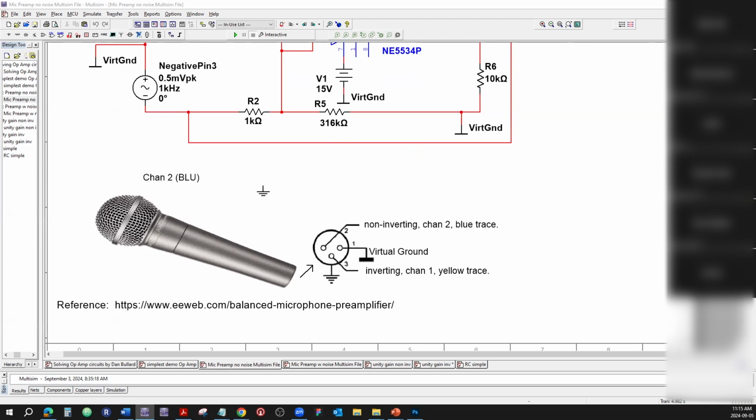The reason they have 3 prongs is, one is the so-called virtual ground. Here is one part of the signal, and here is the other part of the signal, which is a mirror image of the signal, so it's 180 degrees out of phase. Same signal. What does that give us? Well,